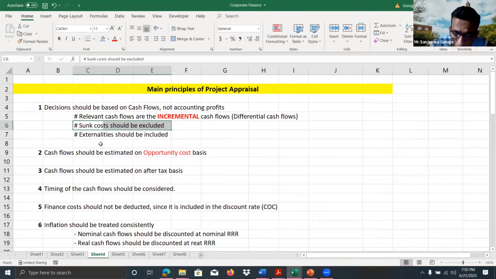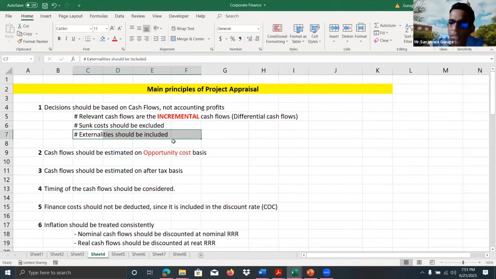Okay, and this is another important point, especially when you get information relating to a company. Even in this pre-seen material, I saw the organization engages in many different businesses and industries, right? When you are evaluating a particular project, it is important to identify whether it can affect the other operations of the business, right? And that is called externalities. Externalities, right? There can be positive externalities and negative externalities.